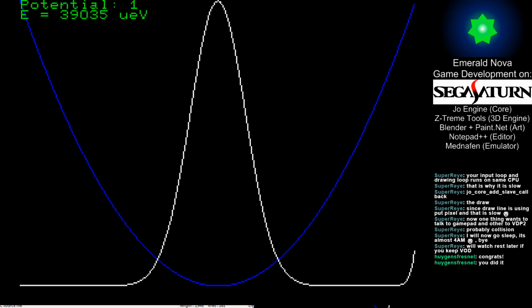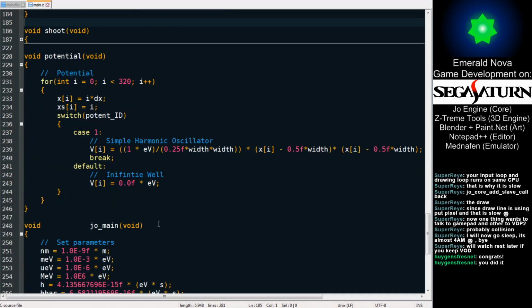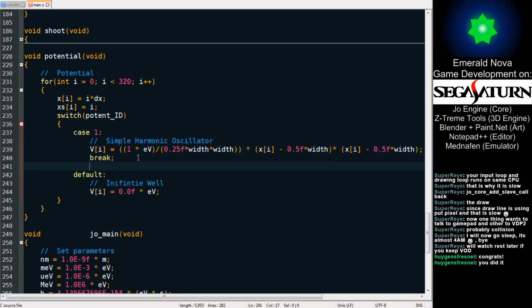I did it. So we can approximate the energy levels in some sort of quantum system here. I want to add one more potential before I pack it up and then go over to the real Saturn so we can test this hardware. So let's just try potential case number 2, where we have a finite well. In which case,